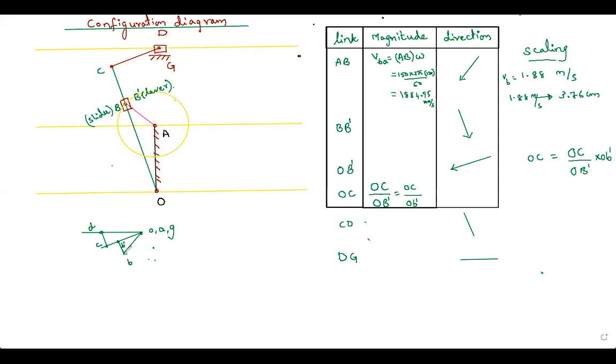velocity diagram. I'll denote the arrows. So this is velocity of B with respect to A. Here, velocity of sliding, velocity of B with respect to B dash, and here B with respect to B dash, downward arrow. And then you can see velocity of C with respect to O, right? Velocity of C with respect to O, the direction,